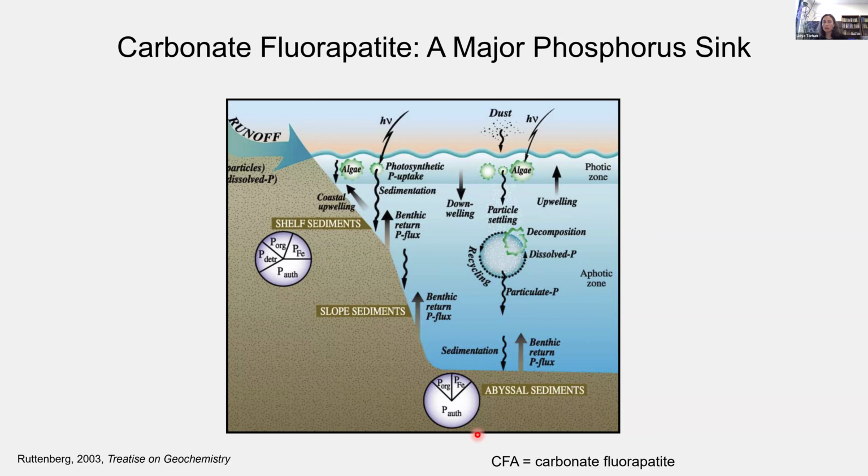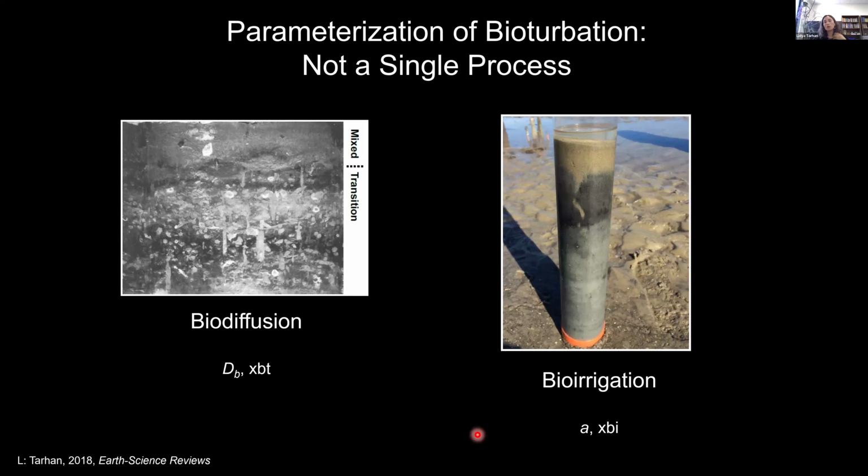However, CFA is typically not included in, or not fully parameterized in, geochemical models, particularly those exploring these deep time feedbacks, because including it does require greater complexity. Properly parameterizing saturation with respect to CFA also requires incorporation of the carbonic acid system, including pH, so it's simply not common practice to include this. Moreover, a number of recent studies that have explored the impact of ancient bioturbation upon contemporaneous biogeochemical cycling using a geochemical modeling lens have tended to simplify bioturbation to a single term.